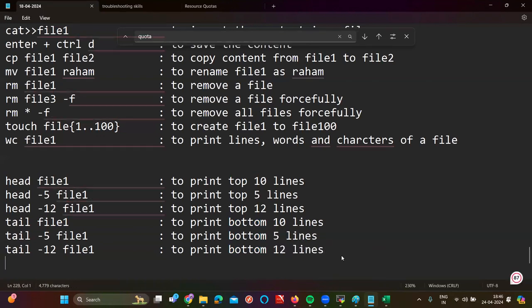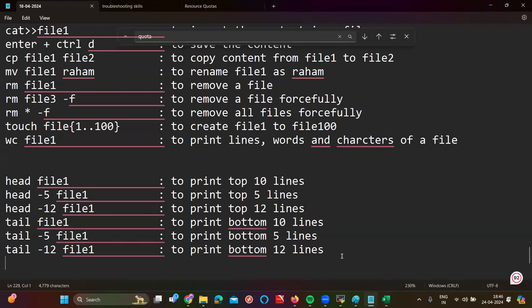Okay. Sir, you are printing the top 10 lines and bottom 10 lines or bottom some X number of lines. I want to print the specific line. I want to print line number 6 or I want to print line number 5 only. Only one line. Or I want to print from line number 5 to 15 only. This doubt all of you will get. Correct or not, sir? So basically that is a part of your sed command.